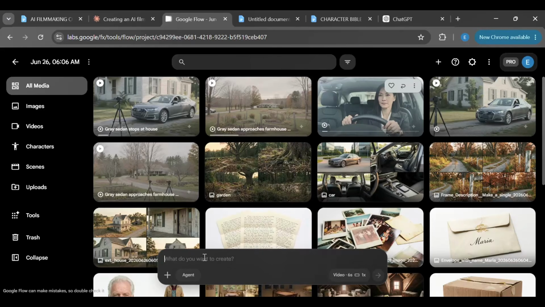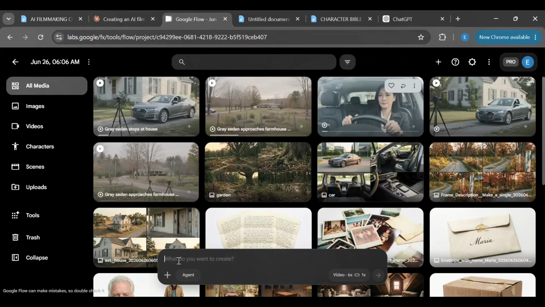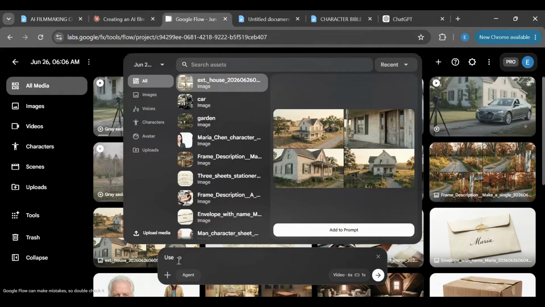So for the character, I would just say use. Make sure it's as simple as this. This is what you are going to be repeating throughout your whole video generation, regardless of the model you are using. Even if you are using Seedance 2.0, you are following almost the same approach. This basic approach is what you will still do. So all you have to do is to type use, then at